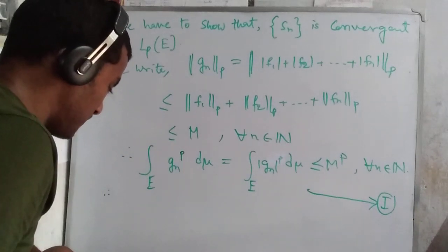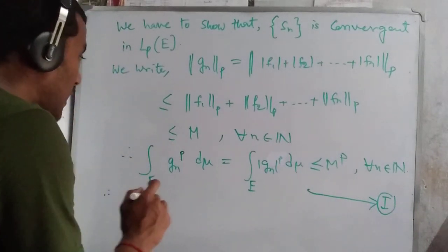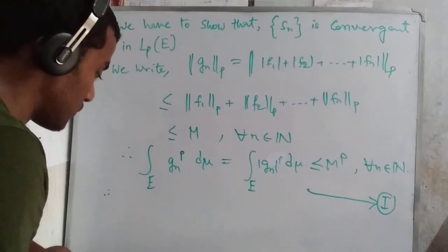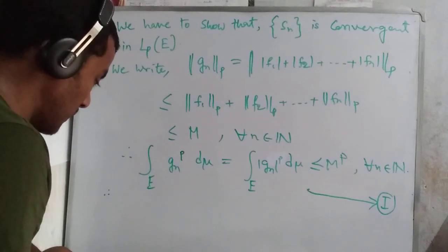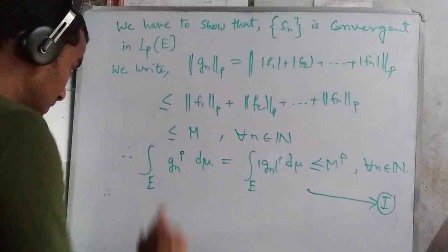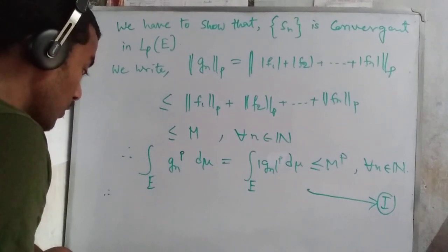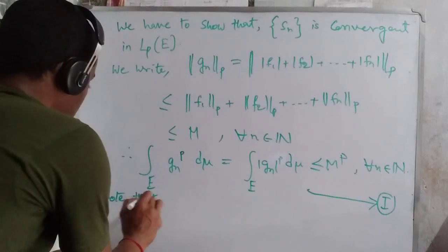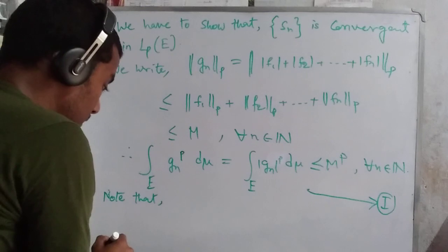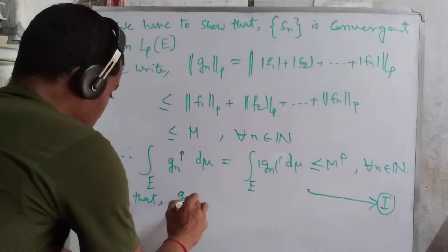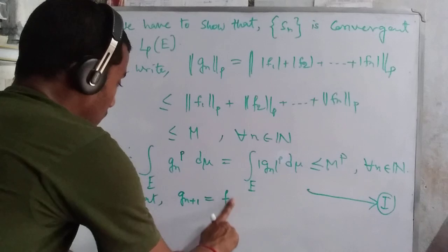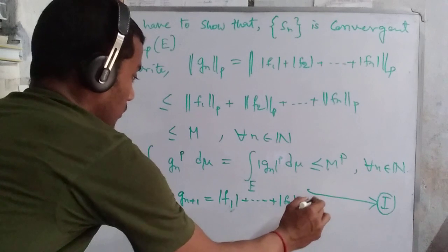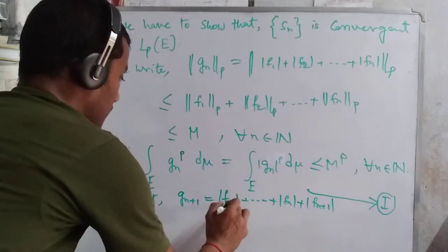I understand. Here we write, that means gn to the power p equal to norm of g to the power p, not a problem at all. Then we're going to here discussion that, note that, okay, note that here gn plus 1 equal to mod of f1 dot dot dot mod of fn plus mod of fn plus 1. Okay,